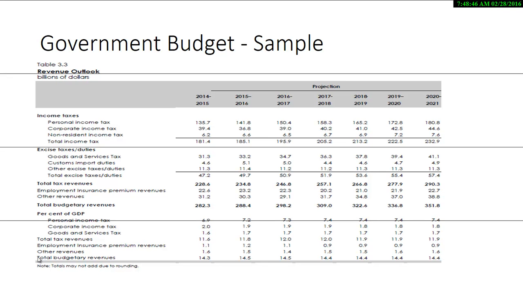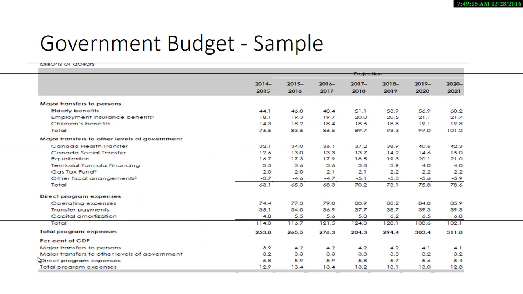So what you're seeing here is the different revenue buckets. Income tax and corporate tax are based on rates. Goods and services are based on rates. Employment's based on rates. So if you're going to change corporate tax rates or payroll tax rates, then you're going to see changes. And it's also based on growth. So if you're going to generate revenue, it's going to be based on GDP growth.